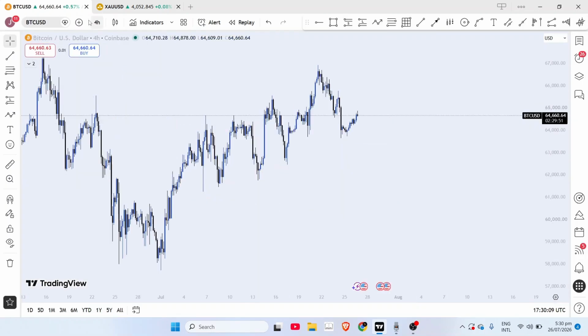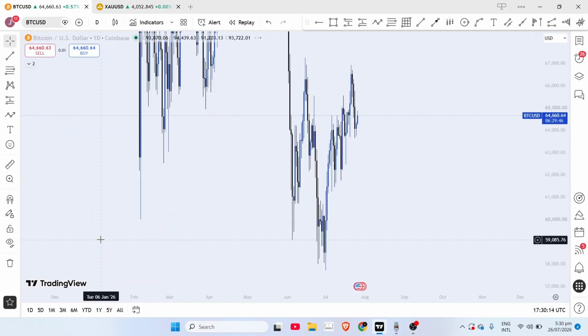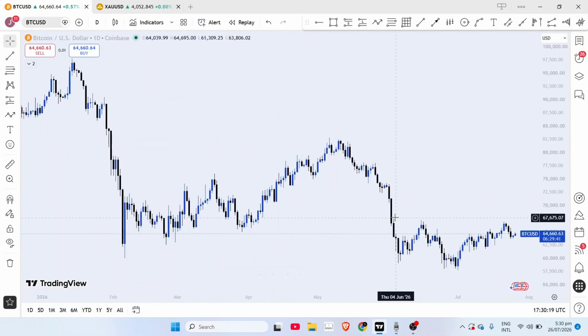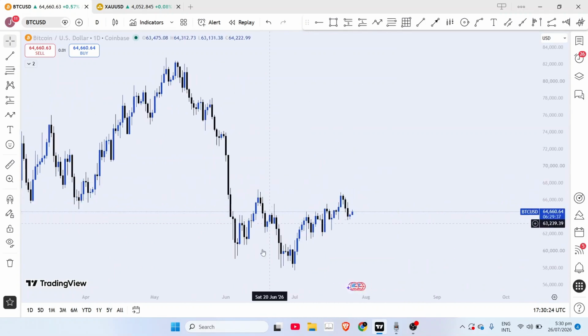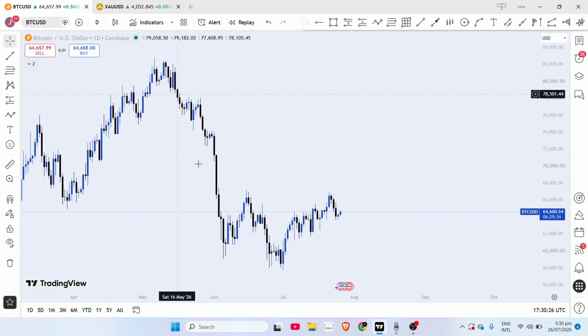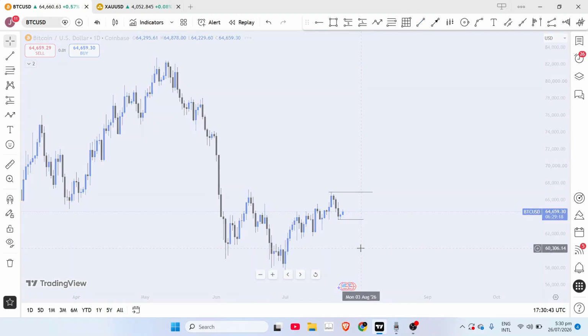BTC USD. So on the daily time frame, BTC, good. From the daily time frame, you can see though we're bearish, we can see some kind of bullish intent coming in. So I'm marking this. And on the 4-hour time frame,